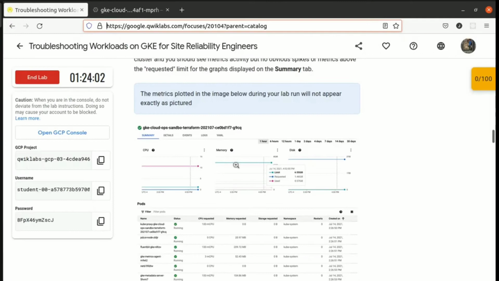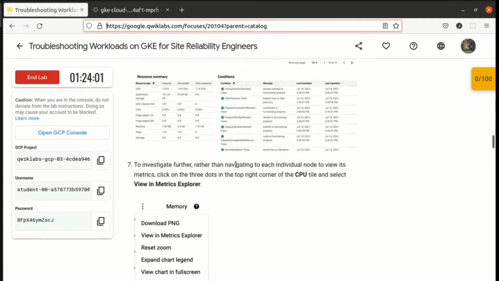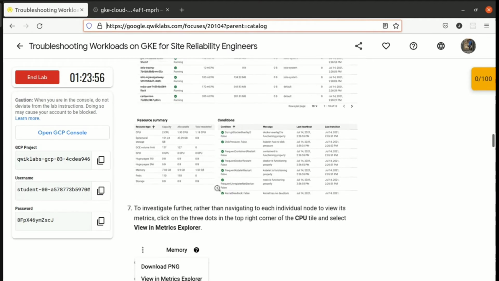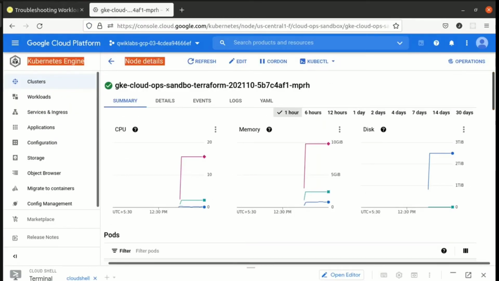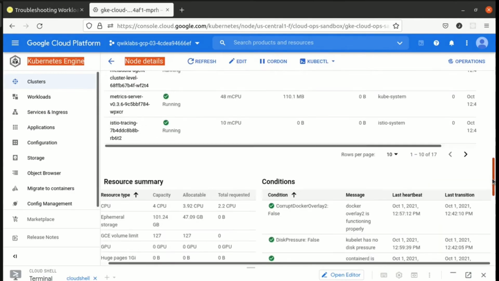Okay, guys, we would be seeing these resources. To investigate further rather than navigate to each individual node to view its metrics, look at the top right corner. Where is the top right corner?